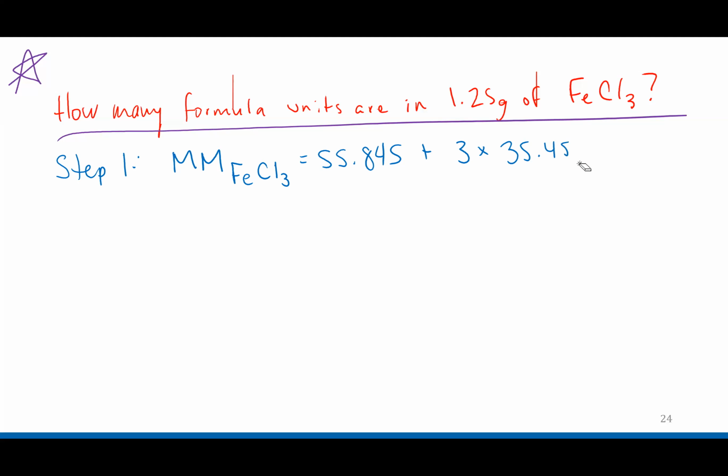Okay, and if you were doing this on a scientific calculator, like a Casio or TI-83, you can just do this in one big step, which I'm going to do. So I'll start with the 3 chlorines. And I get